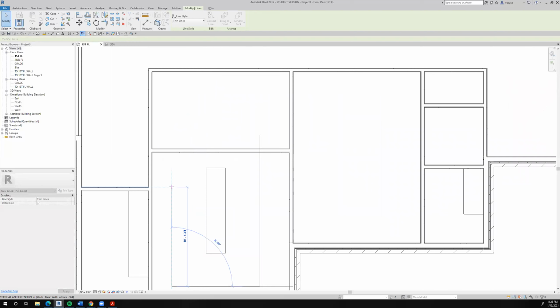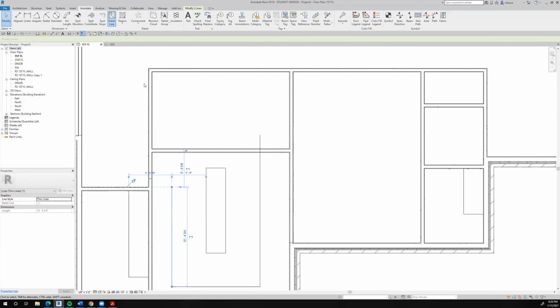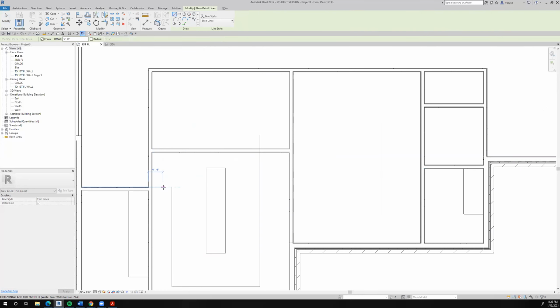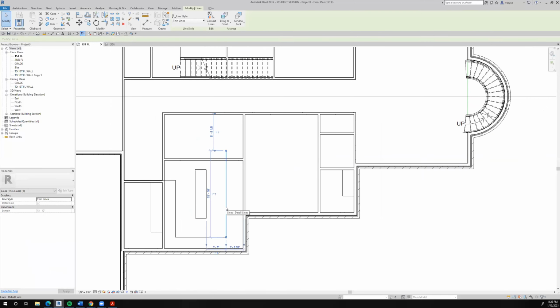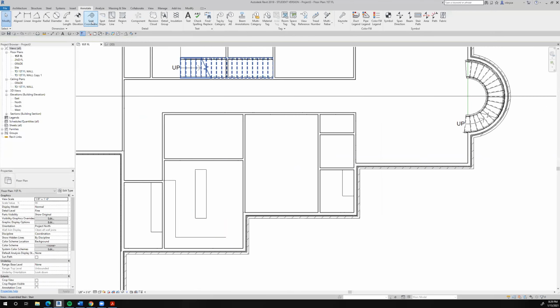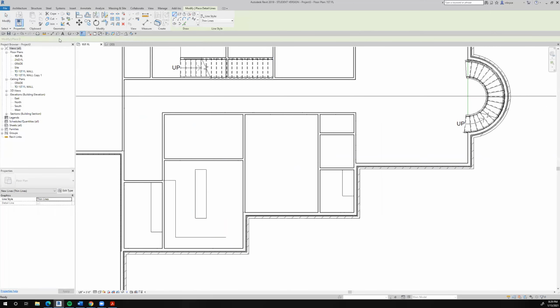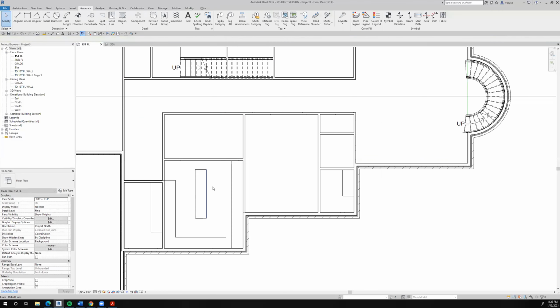This guy's probably going to come down to here so that I have room to come in like that. And this is too big, so I'll just delete it. I would use the dimensions, but I have them turned off. So I'll just draw another detail line, which is 2 feet, and I'll come from here up to there. And it looks like I'm going to be able to recenter